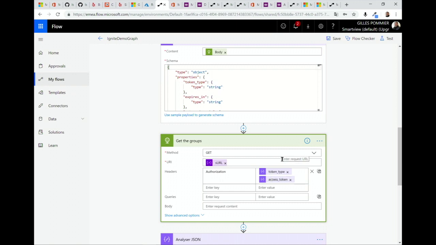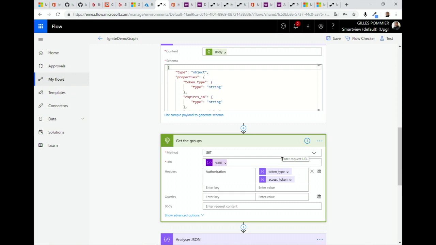So this is something a little bit difficult to do. If you need to have multiple actions to access Graph API, you see that if you use this method, it's not easy because an end user will not be able to do that. And the second problem is that you always need to do the authentication in your script, then store the Graph API URL, give the parameters, and things like that every time.